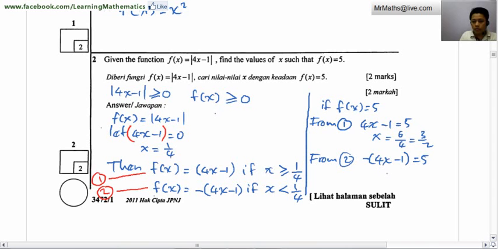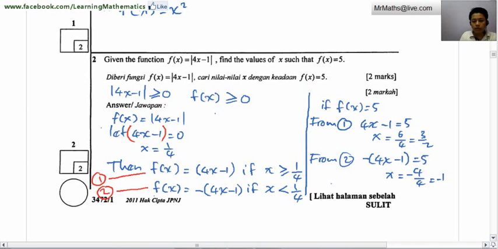And that will make x equal to minus 1. Minus with minus become plus. So plus 1 when you transfer it to the right, then become minus. So 5 minus 1 become 4, and then you are left with minus 4 over 4, which is minus 1. So the answer would be